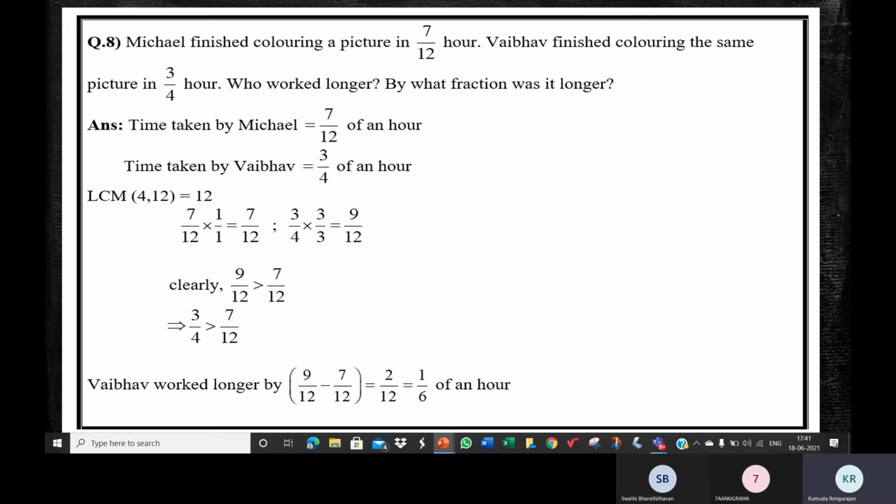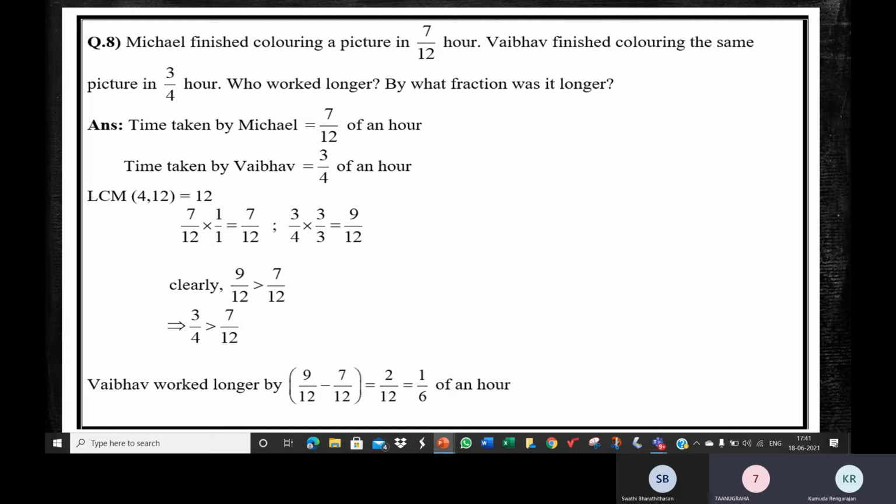Now, Anugraha, what is 3/4 of an hour? 3/4 of an hour is 3 by 4 into 60. Very good. Ma'am, can we simplify this? Where is 4? Ma'am, we can simplify by 2 table, ma'am. Yeah, I was about to say that. So where is 4? It's in the denominator. And what is in the numerator?